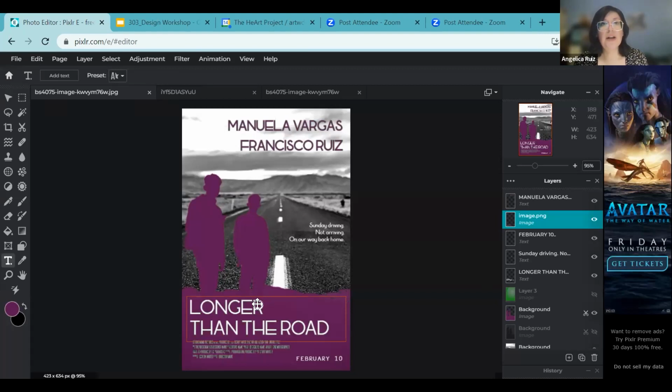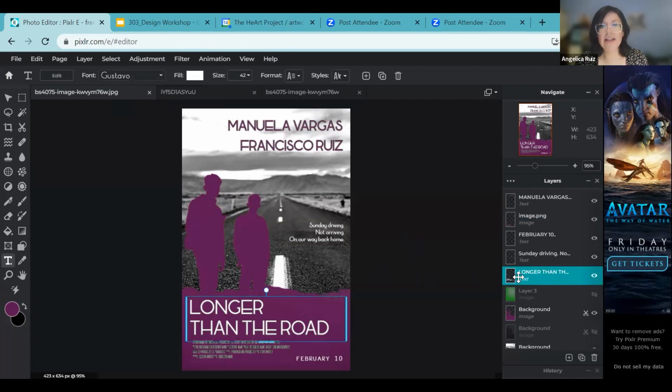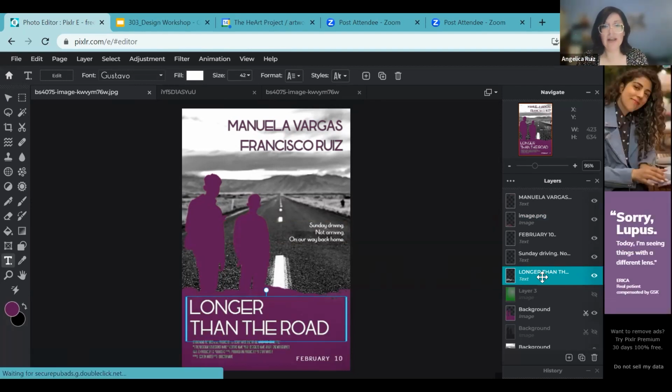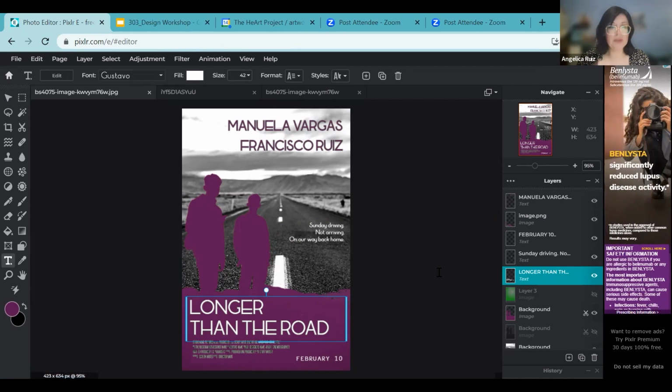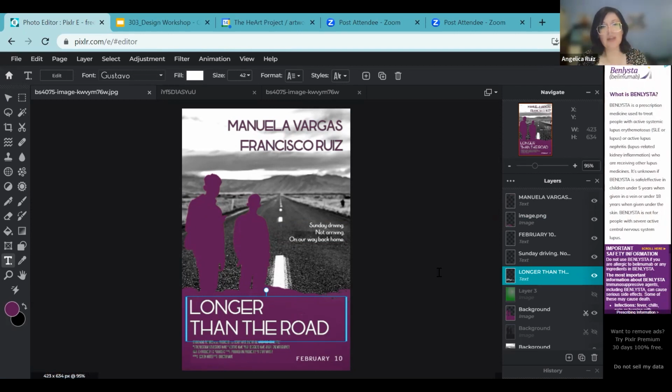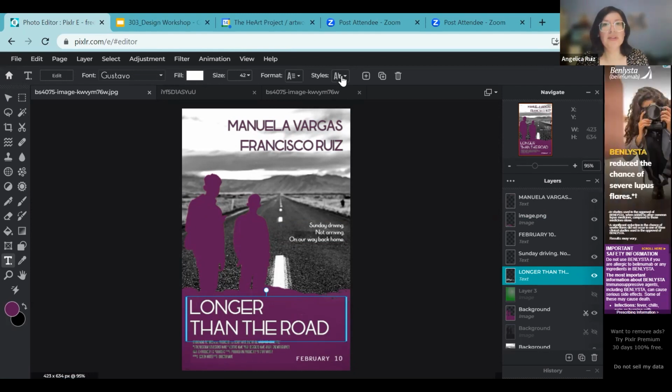So if you click here on the font, you can see on the right that the layer is active if it's highlighted. Photoshop is the same way. There'll be layers on your right, because every part of the picture is a layer, right? The two images and each piece of text is its own layer. So you make sure the font that you want to mess with is active. And you come up here to styles,